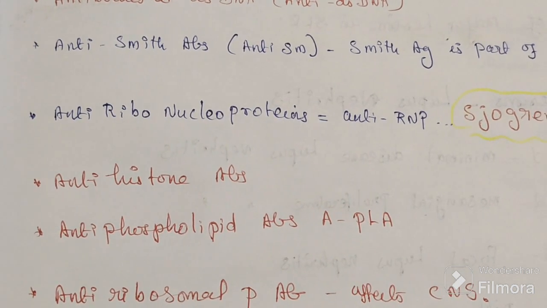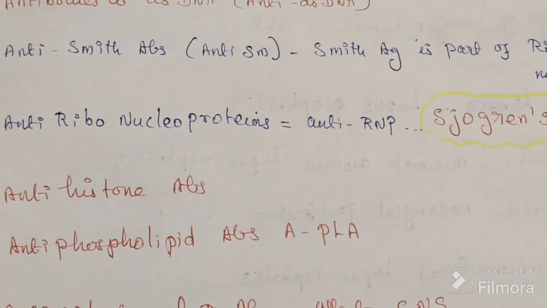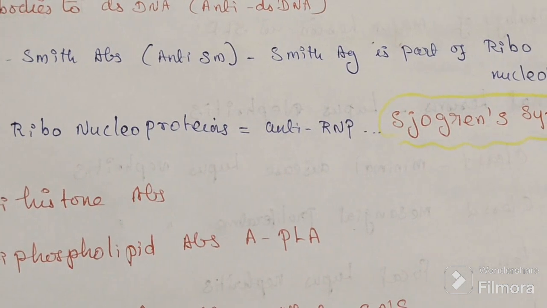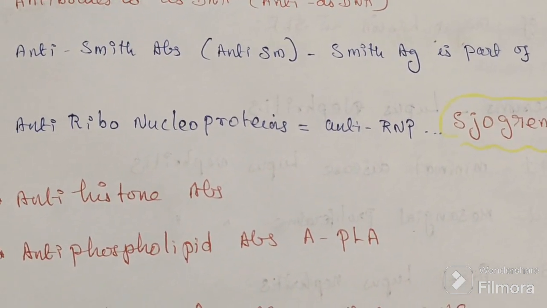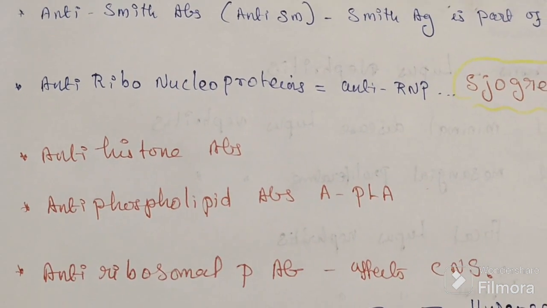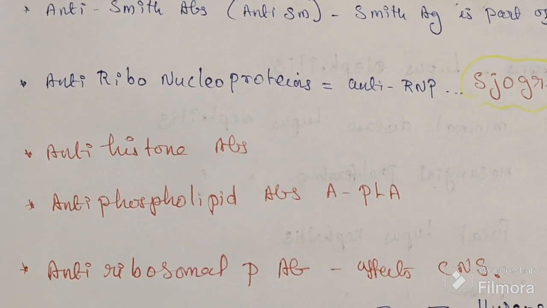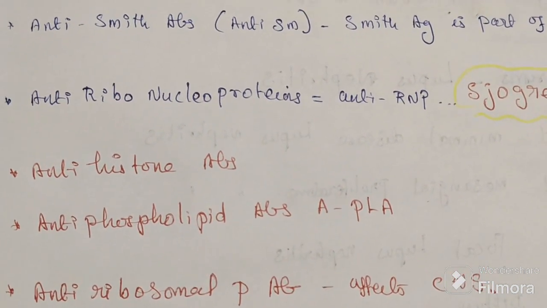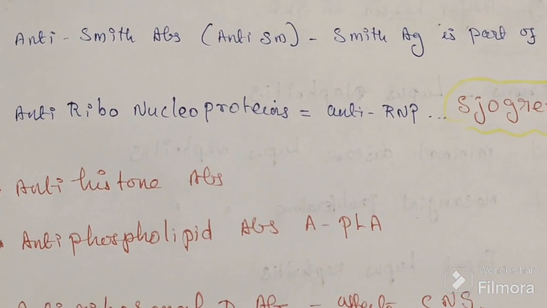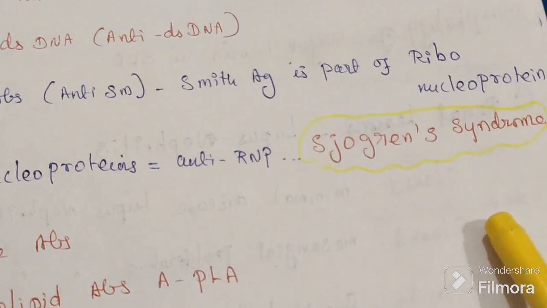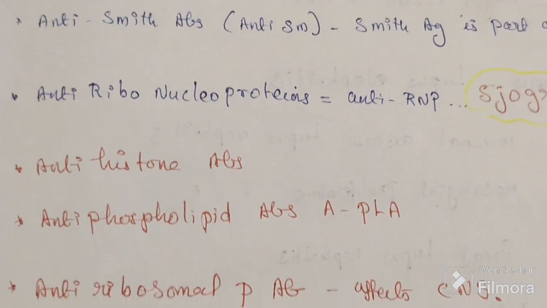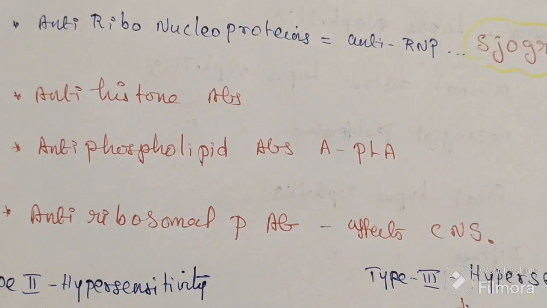Then this ANA, anti-nuclear antibody, can be seen in many other autoimmune diseases also. Then anti-RNA is seen in Sjogren's syndrome. Then anti-histone antibodies,